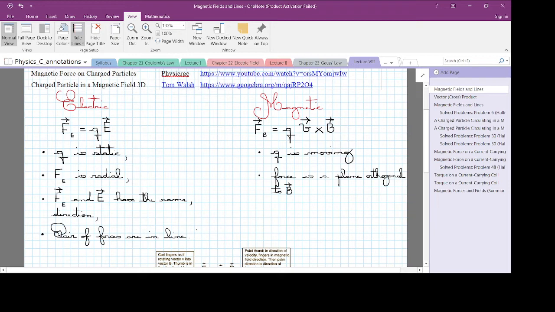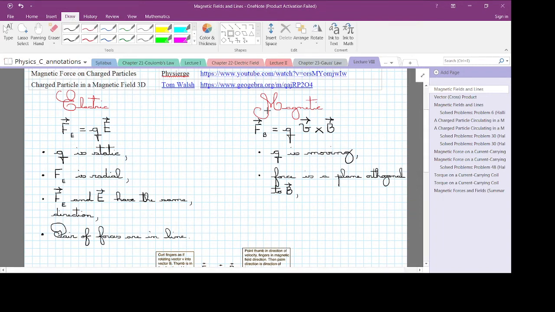You have some major differences here, although the mathematical forms are similar. You have a charge multiplied by a vector, but they're different, clearly not the same. So let's see what is going on. But before we study the expression for the magnetic force in detail, let's recall some major aspects of the vector product,